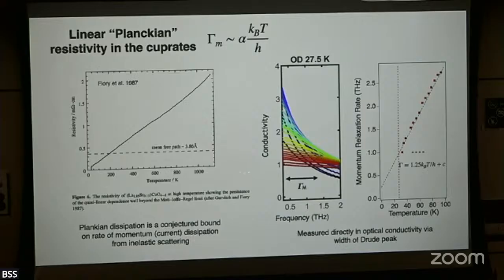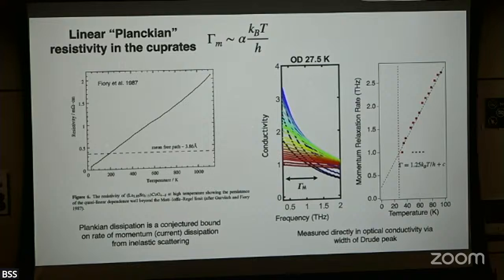Resistivity versus temperature, all the way linear, all the way up to the melting temperature here. This is the linear optical conductivity of lanthanum strontium copper oxide, right? The real part of the linear optical conductivity. We're interested in the width of this feature. This is a plot of this rate as a function of temperature, and by the rate, I mean the width